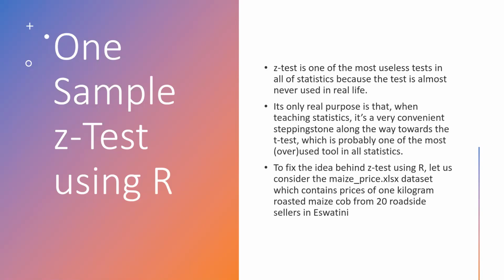So when you talk of one sample Z test using R. But before we continue, I want you to understand that the Z test is one of the most useless tests in statistics because we hardly use it. We don't use it in real life. It is only when we are teaching like this that we tell you that it's always the starting point to introduce the concept of the t-test. Because mostly we use the t-test most of the time. We hardly use the z-test for anything. But it's always the starting point. In a situation whereby you are certain of the population deviation, you are sure of the population mean, then you can compare your values using the z-test. So in case of one sample z-test,